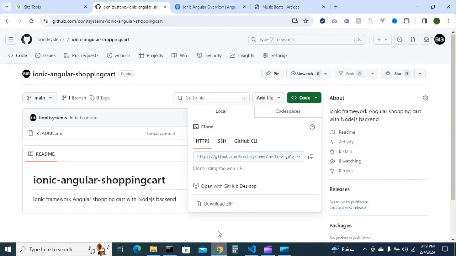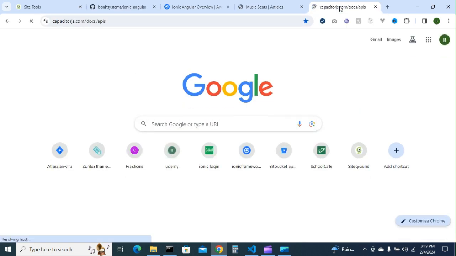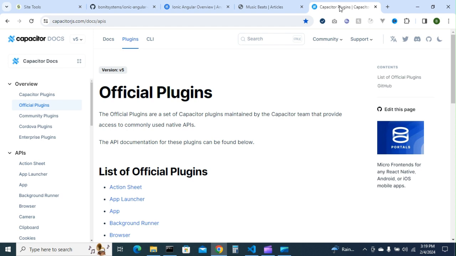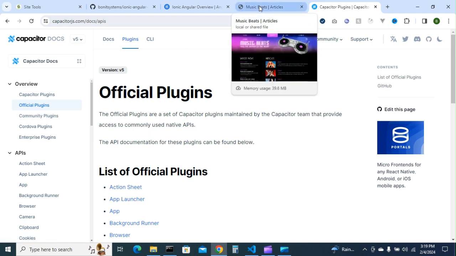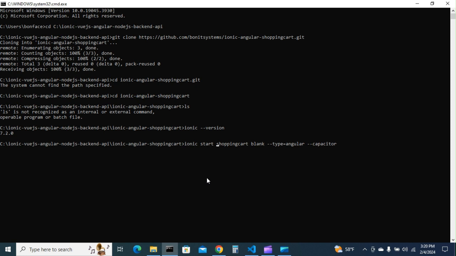Capacitor is very important because, guys, it gives us some of the native stuff that we can use in our application. Like if you are developing a map application or a GPS application or a camera, and you want to access native camera features, capacitor will really help you. And also it has the tooling for Android and iOS. So what I'm gonna do, I'm gonna come here and start a new Ionic. So I just hit enter,